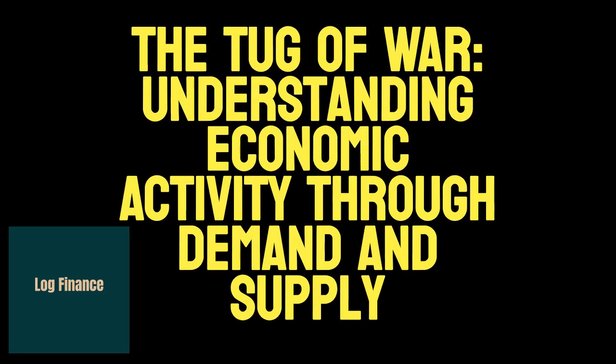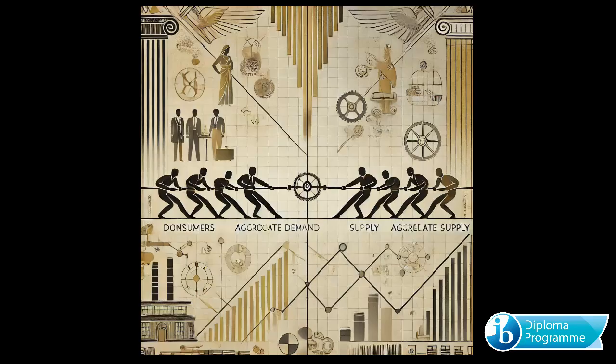Picture a bustling city at sunrise. Streets fill with commuters, markets come alive, and factories begin their daily operations. Beneath this activity lies the beating heart of the economy: aggregate demand and aggregate supply. These two forces act like a tug of war, shaping the rhythm of economic activity and determining the prosperity of